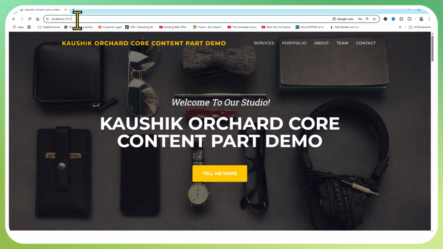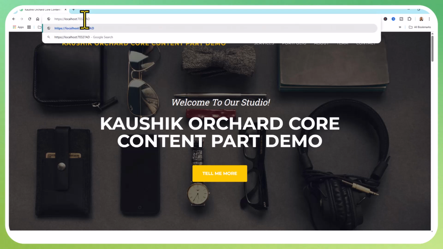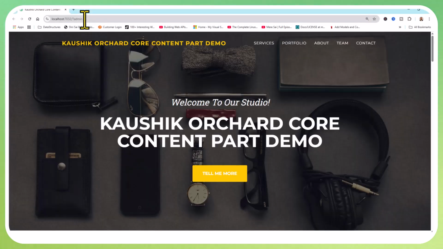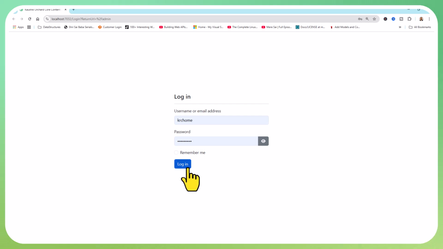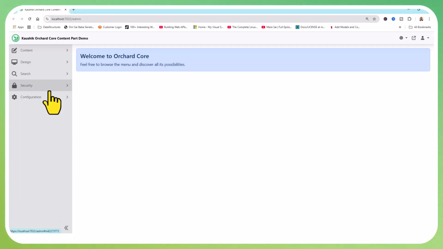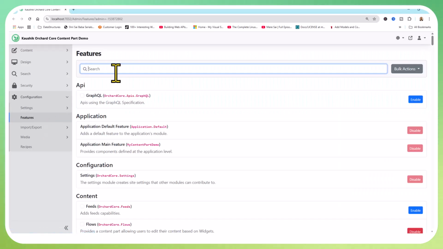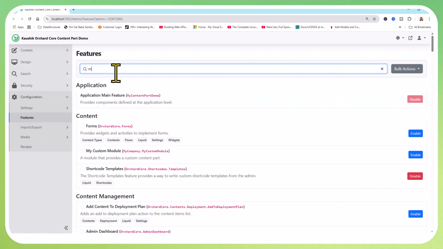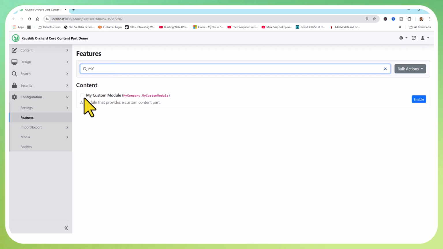Okay, now having come to this stage, let's browse to the admin module that we have already set. Sorry, by capitalization probably it is not allowed. So admin, log into the admin, and this is configuration, features, and here I will search for my custom module. So it's there. Now if I enable this,